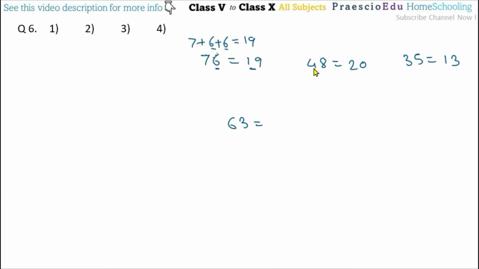Same as this one, 8 2s are 16, means 2 times we have to add, and then addition of this 4, so we are getting 20. Same here also, 5 2s are 10, means 2 times 5 we have to add, and then addition of this 3 means 13 we are getting. So same, 3 multiplied by 2 is 6, and then addition of this 6, so we are getting 12, and 12 is given in option number 4.